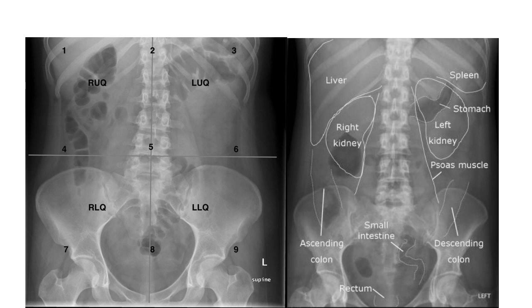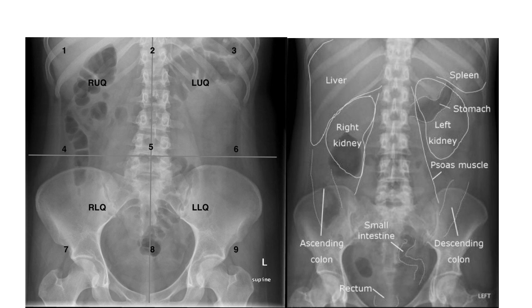Also, you have to know the anatomy very well if you want to make any diagnosis. On your right, you can see the abdominal anatomy: liver, spleen, both kidneys. You see the right kidney is lower than the left, as well as the muscle, and the large and small bowels. So the first thing when you start to read the X-ray is to go from outside to inside: the muscles,